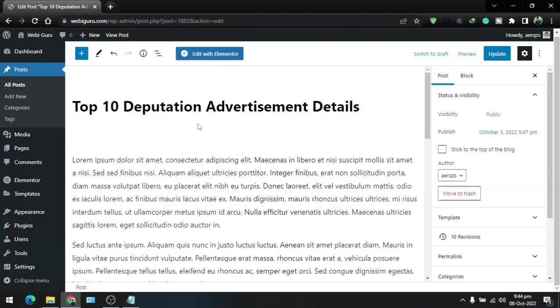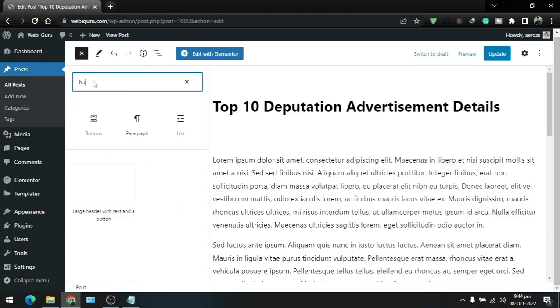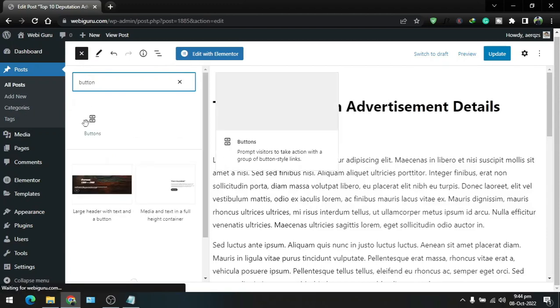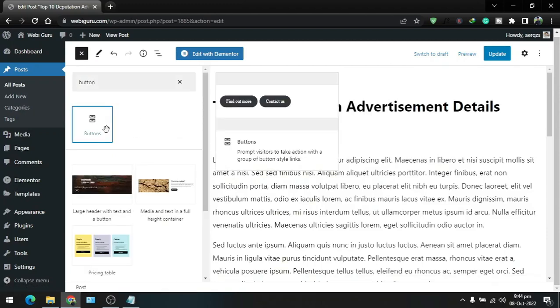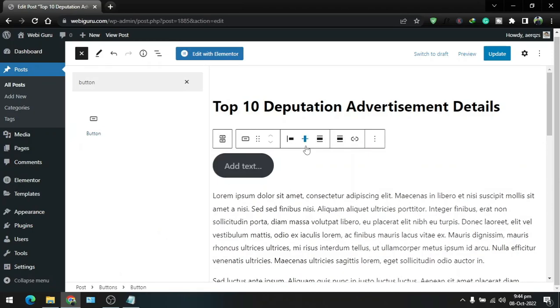So here is our post, and to add a button we just need to click on this plus icon and search for button. Here is our button widget. Simply drag it and drop it where you want to display it. I want to display it here on the top of the content. After that, close it